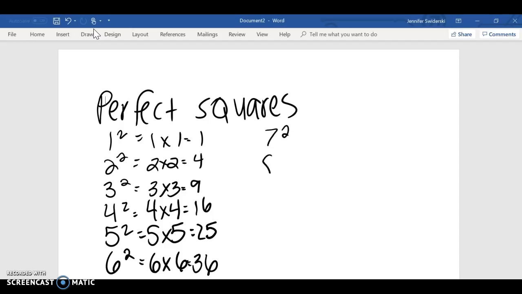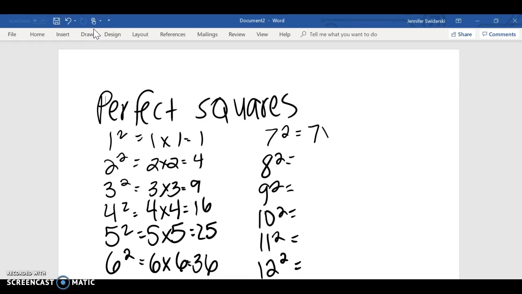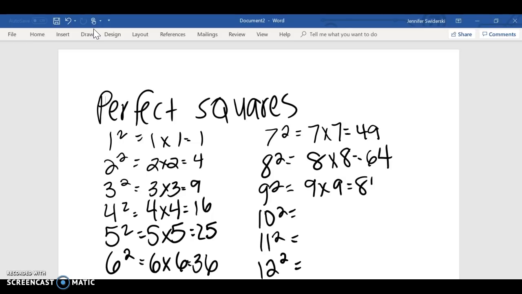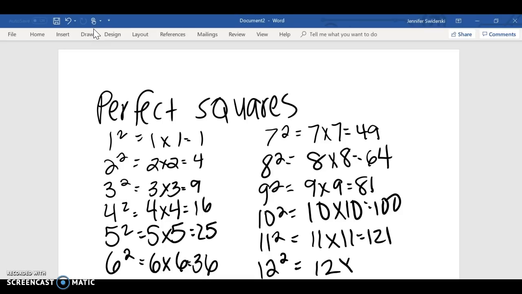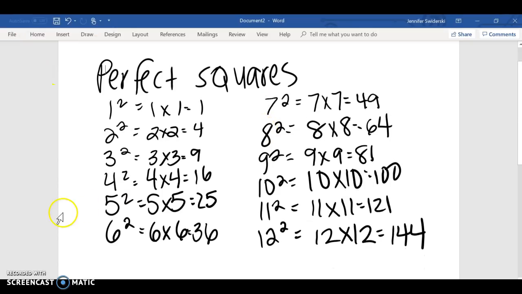Go ahead and do 7 squared, 8 squared, 9 squared, 10 squared, 11 squared, and 12 squared on your own. Pause the video, see what you get, and check your answers. I know 7 squared is 7 times 7, which is 49. 8 squared is 8 times 8, which is 64. 9 squared is 9 times 9, which is 81. 10 squared is 10 times 10, which is 100. 11 squared is 11 times 11, which is 121. 12 squared is 12 times 12, which should give you 144. So go ahead and write down perfect squares. And what I would like for you to do at this point is to go ahead and fill out the